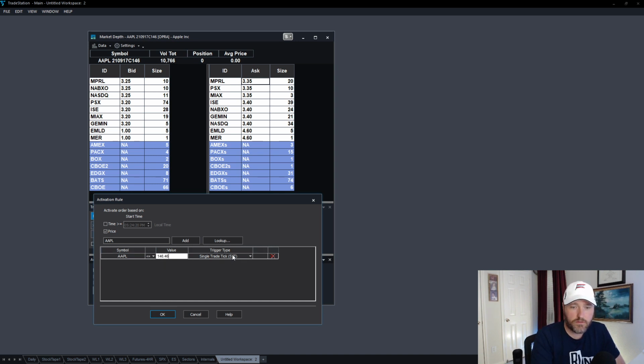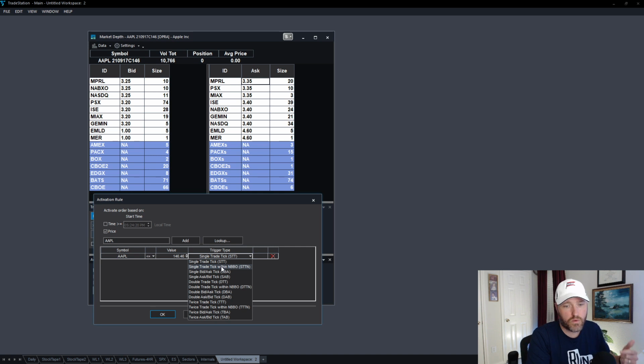And then you want to come over here for the trigger type. You want to choose the single trade tick with NBBO. So in other words, what this is going to do is, if there's a single trade tick that hits on Apple stock at 146.46 or below, it will activate this order only if the national best bid and offer is also down there, right? So if you get some erroneous tick down at 146.46, but the bid and offer never were down there, it won't trigger this order. So that's actually kind of important. You want to make sure that you do